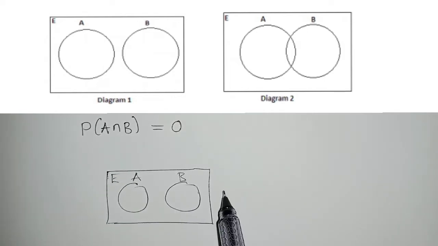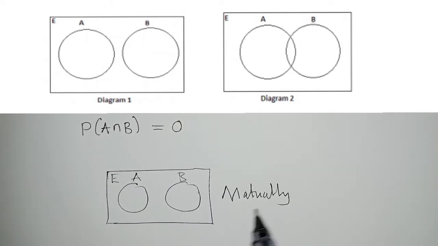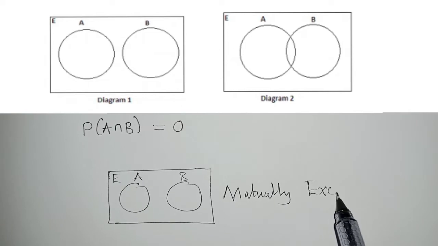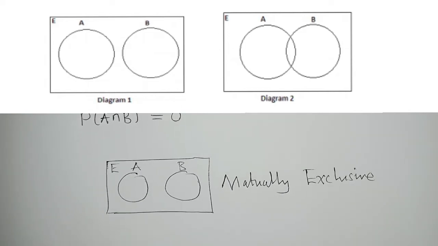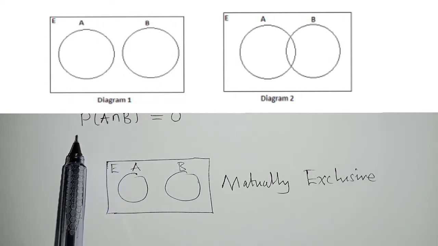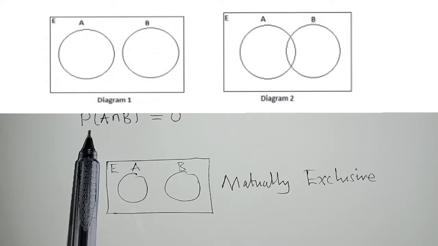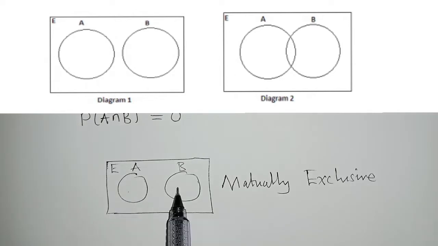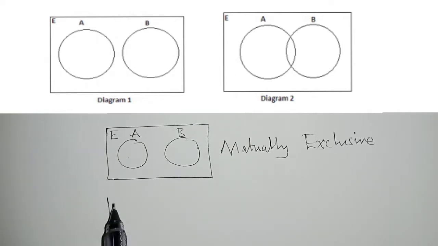So this is the mutually exclusive. Why are we saying it's mutually exclusive? Because of this property which says that mutually exclusive events do not have common elements, meaning there is no intersection. Here, do you have an intersection? No. But the next one